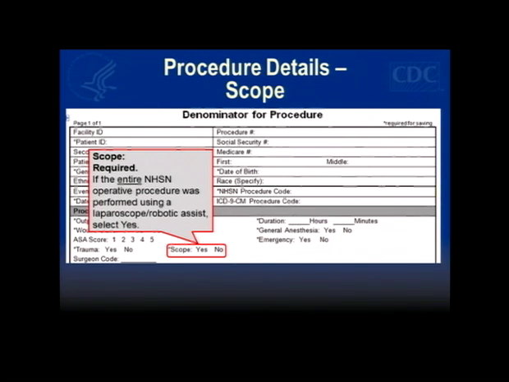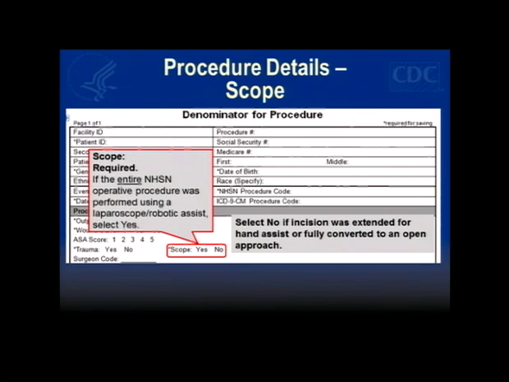Now, there are some caveats here. If it started out as a laparoscopic approach, but they had to extend the incision so that they could assist using their hand to pull out whatever it is they're trying to pull out and visualize better or operate on, then you would have to say no there. And then also if they just end up having to fully convert to an open approach. So it's not just a hand assist, but they start with the lap and then things are more complicated than they expected, and they do a full incision, then that needs to be considered an open approach